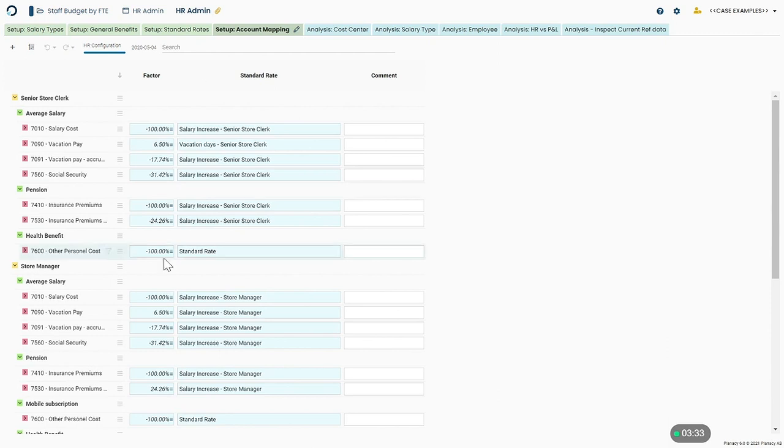We can also define different factors if we want 100% of the cost to be allocated to a certain account or only 50% or so on. Here we can also add social security and other types of salary types that we don't want to make certain rules for. And the other blue tabs that we see here in the HR administration are analysis tabs